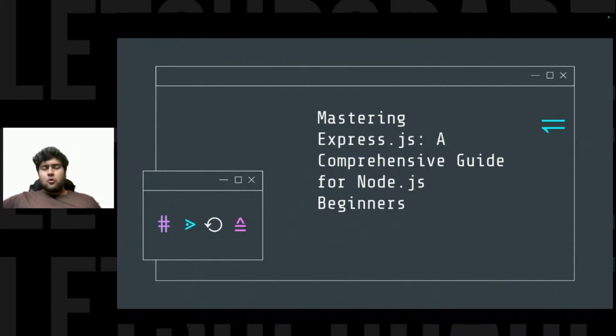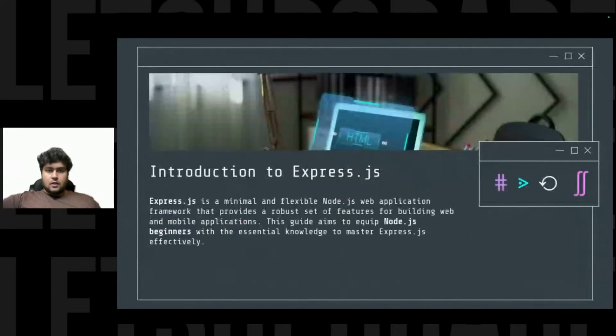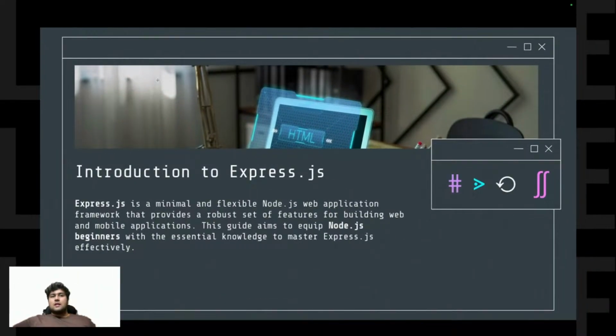So this is the basic of Express.js. There are a few advantages: it simplifies routing, introduces middleware, and request handling. Moreover, there's a very large community which uses Express.js, and there are a lot of rich plugins available with it, which we will study going forward.